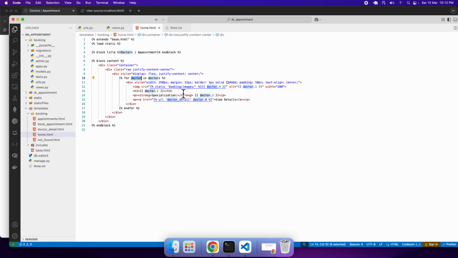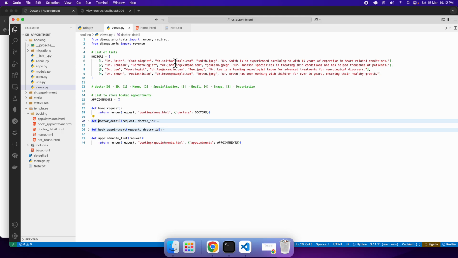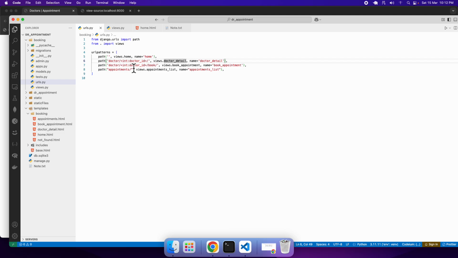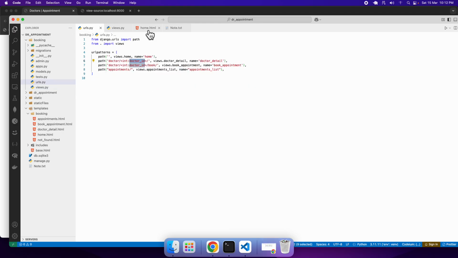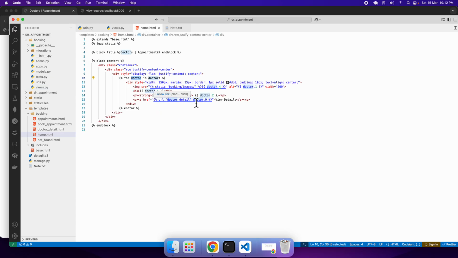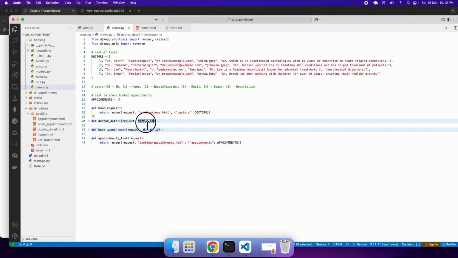Now let's consider, as we click on any one of these, then what will happen? As you click on this, we will be redirected to the next route. So as you click on the ID, it will bring you to the next function based view. Look over here, I have mentioned the variable name which was there in my params. Whatever parameter I have written, that should be over here. This is very important. That's how this data will be transferred, which actually got initiated from here. So this was just passing the ID that got stored inside the variable, and that is what you are passing inside this parameter. Okay, so now let me open this